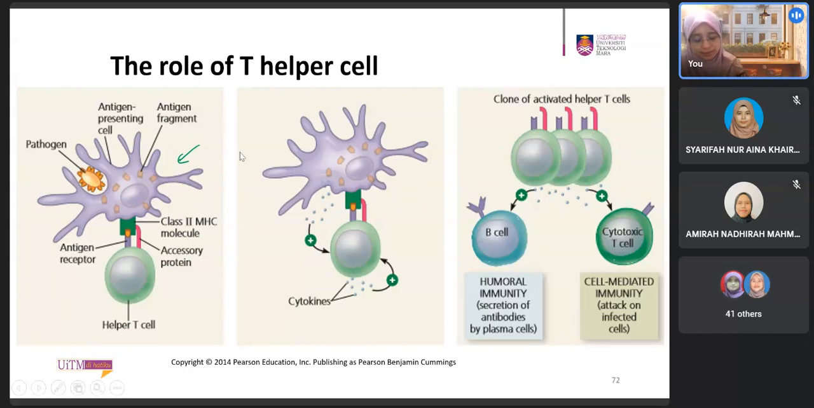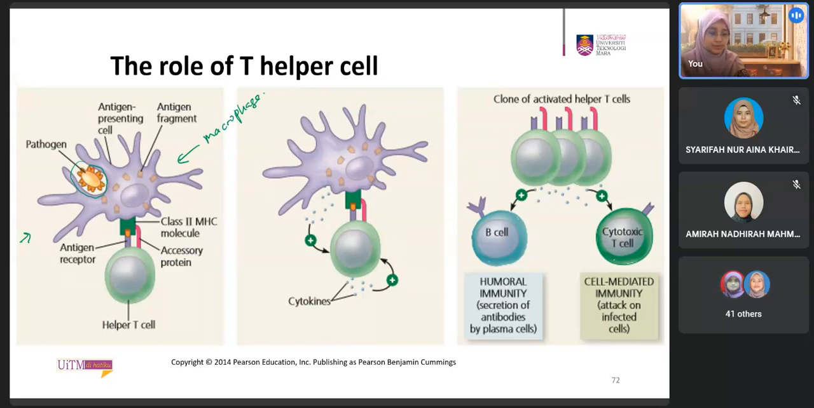So in this case, kita paling mudah kita assume dia adalah macrophage. Okay. So sebab apa? Sebab dia tak ada receptor. Kalau B cell dia ada receptor, kan? So this one we cannot assume it as B cell because B cell has receptor. So it is easier for us to assume this cell is macrophage. Okay. So macrophage, when it encounters a pathogen, so the pathogen will be engulfed through the process of phagocytosis